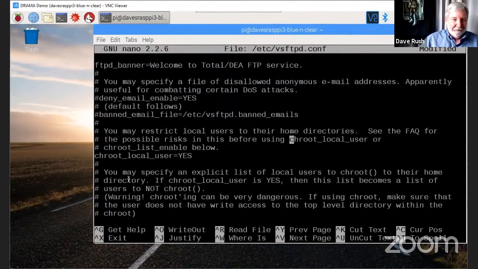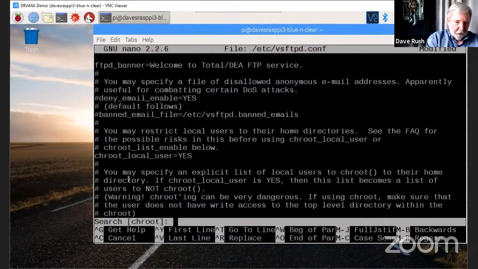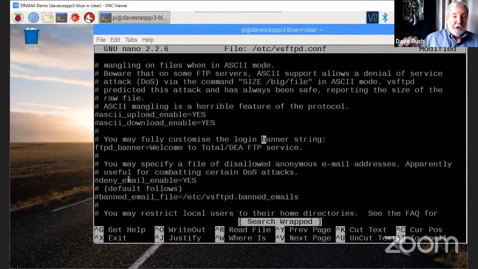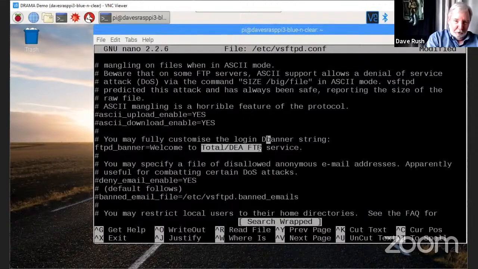This one's really cool. I do a Control W on here. I'm going to look for the word banner. So when you log into an FTP server, it has the ability to put up a welcome screen. Right now the FTPD banner says, welcome to the total DEA FTP service. I deleted the FTP server earlier, but this file must have stayed intact. So I'm going to change this to the drama,